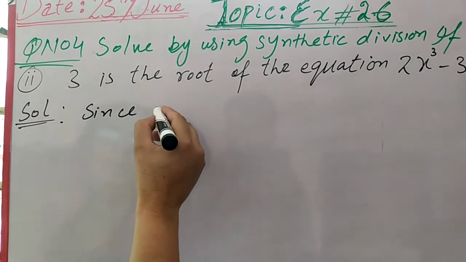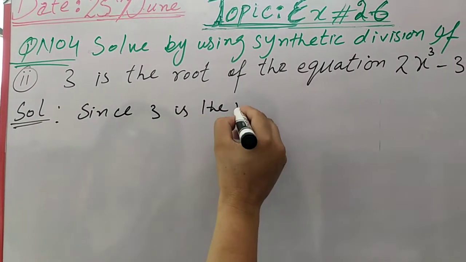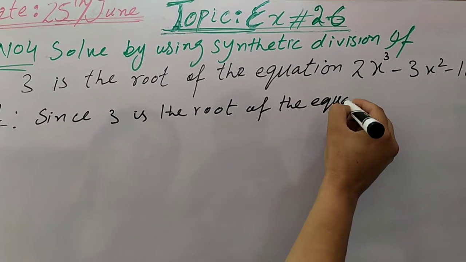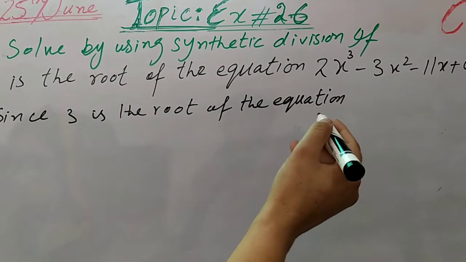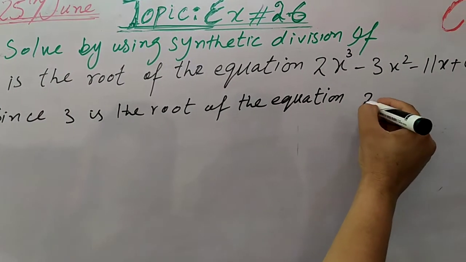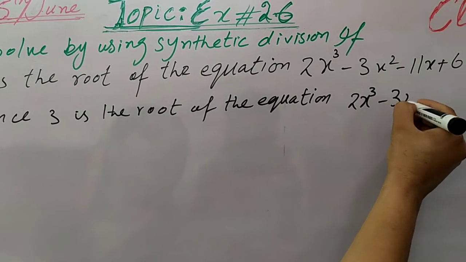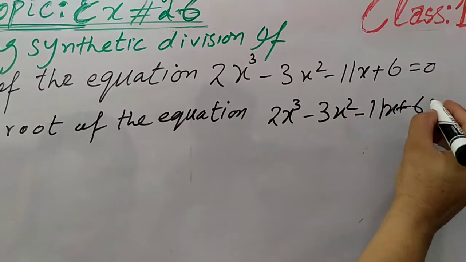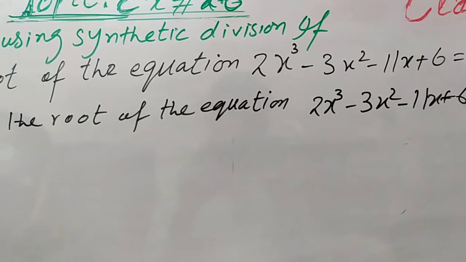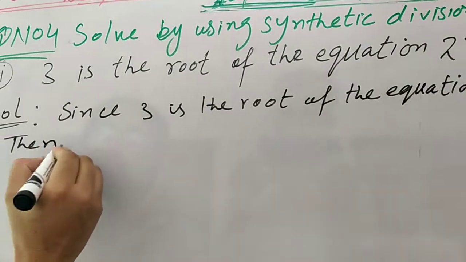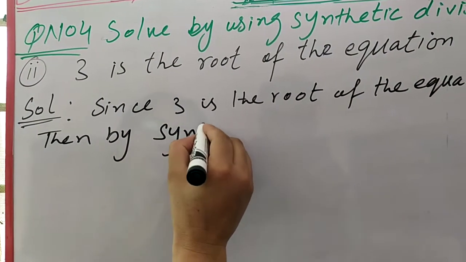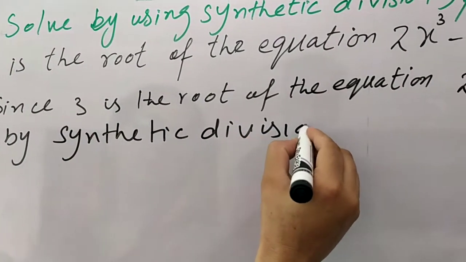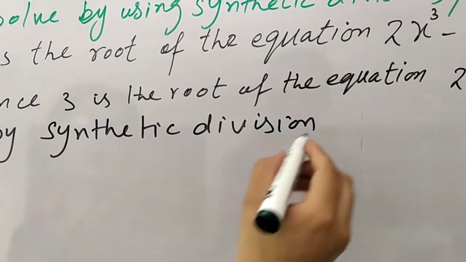Since we are given 3 is a root of the equation, we are given 2x^3 minus 3x^2 minus 11x plus 6 equal to 0. This is the equation. So then by synthetic division we get,